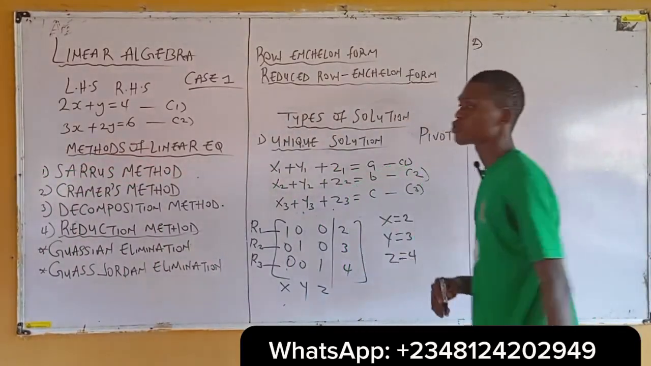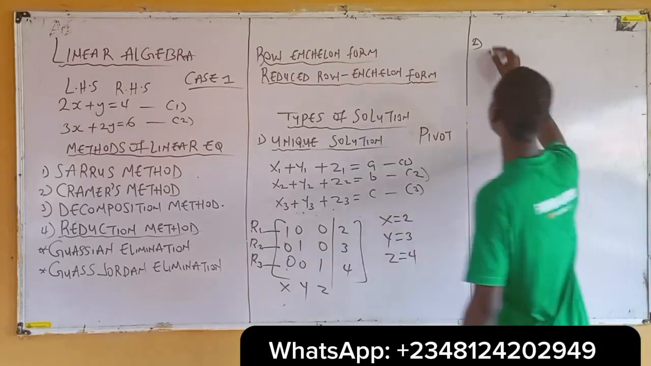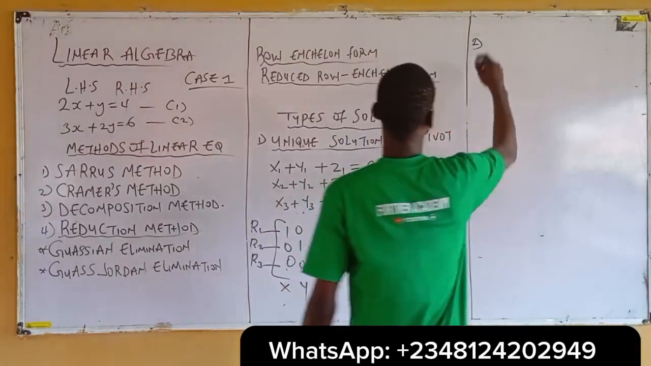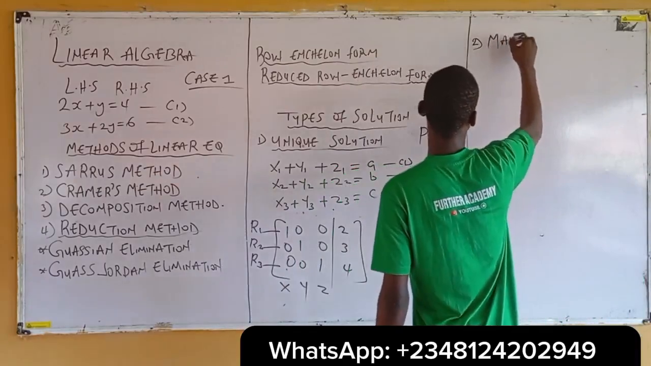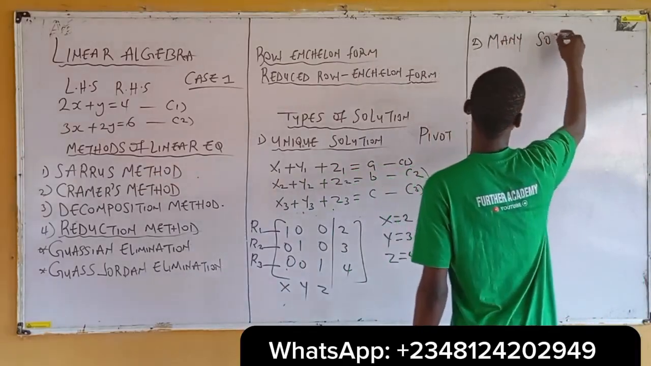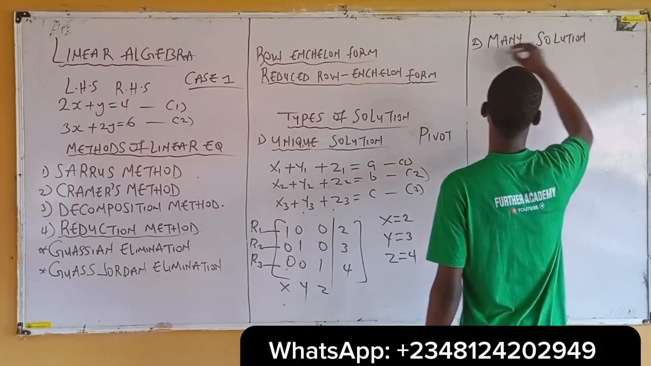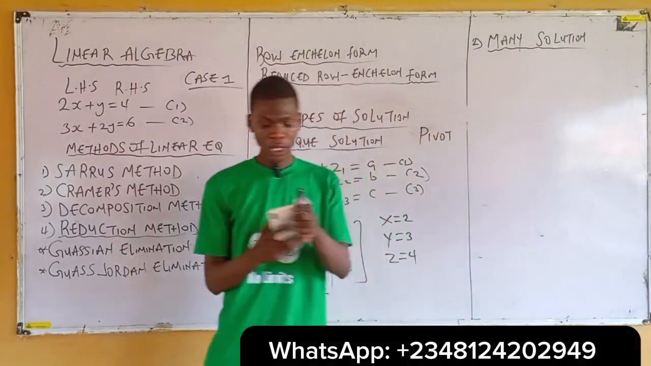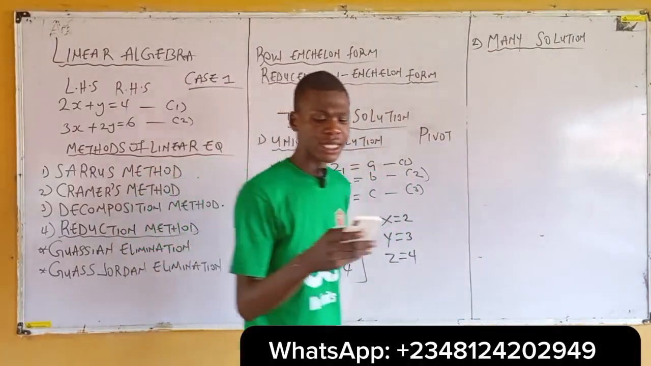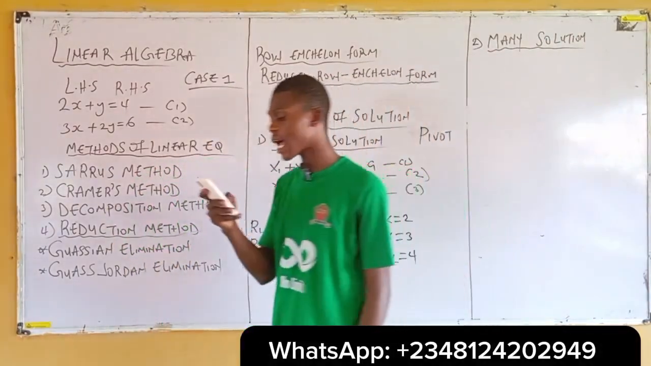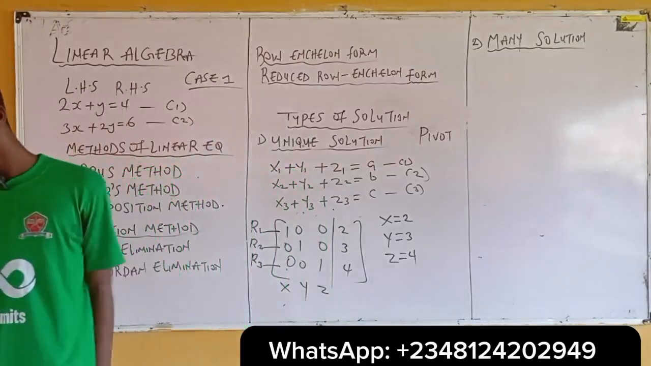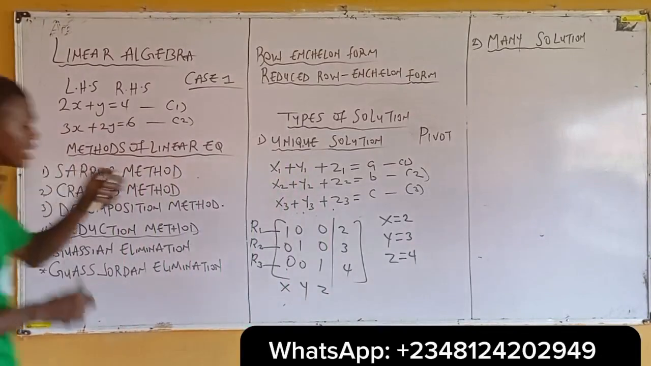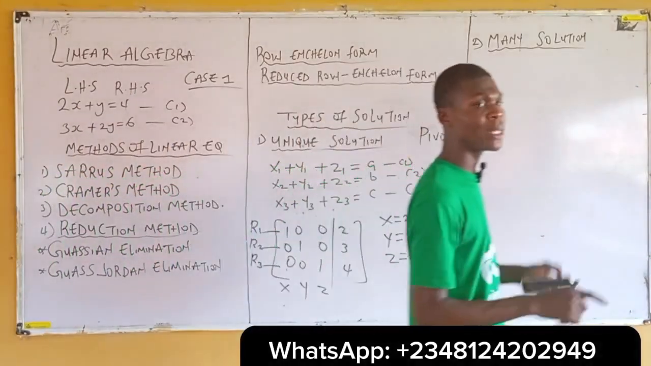The next type of solution is called many solution, or you say infinitely many solution. So the next type of solution, it is called what? Many solution. Right, take down. By many solution, this is a type of equation. By many solution, I said this is a type of equation similar in nature,